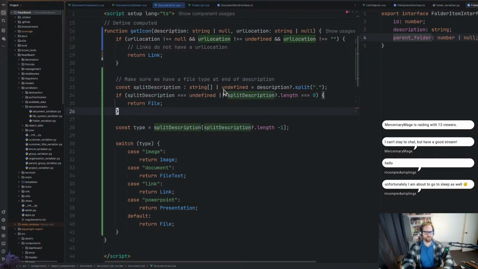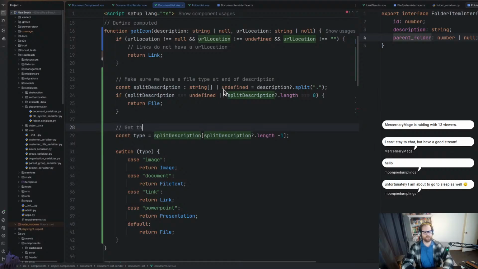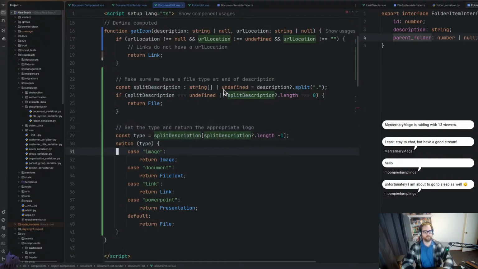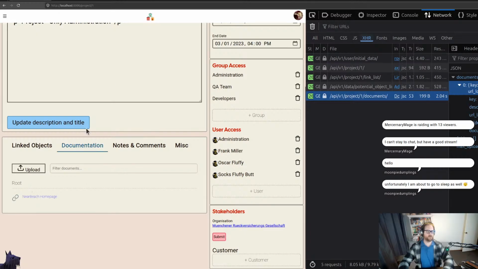We'll just do that. Make sure we have the file type, get the type, and return the appropriate logo. And that's it. That should be that. There you go. We'll get rid of that. We now can fix up the